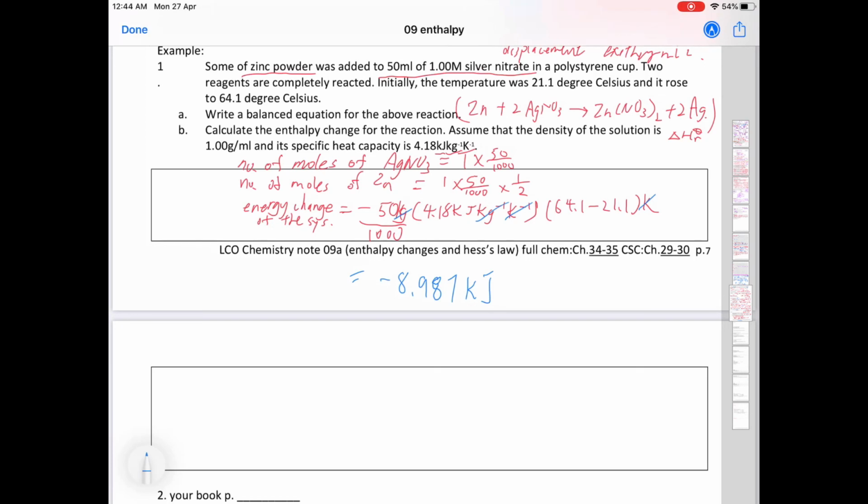And finally, the delta HR will be equal to this energy per mole of zinc reacted. It means per mole of this equation reacted. Is it okay? So we directly divide it by the number of moles of zinc. Yeah, and it is negative 359 kilojoule per mole, or more precisely